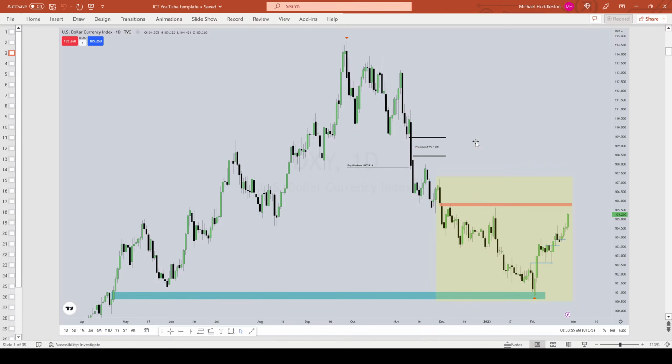All right, and here is where we are in the grand scheme of things. We've moved from the highs here in the fall, October time period of 2022, came all the way back down to the sell side here. We walked this market pretty much the entire time. I mentioned that we would likely get into this fair value gap in the form of a buy side imbalance, sell side inefficiency, and hit this order block if we went below this low, which is what we were targeting. We ended up going down to consequent encroachment, which is the midpoint of that gap, which is the difference between this candle's high and this candle's low.